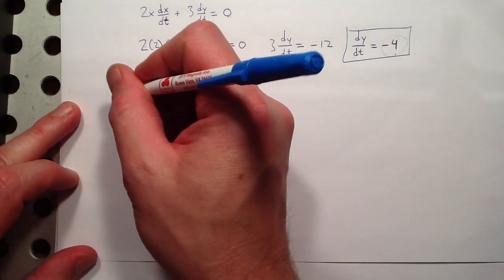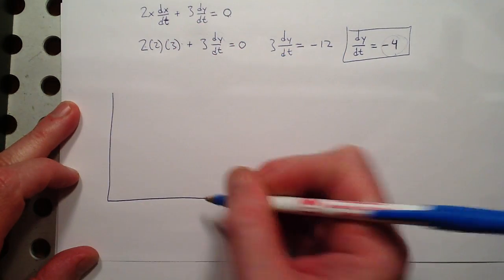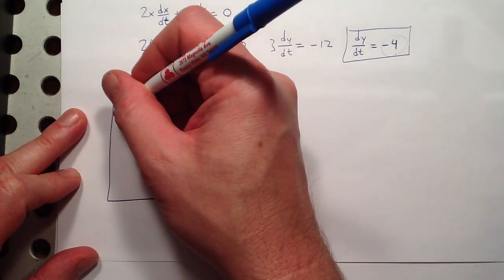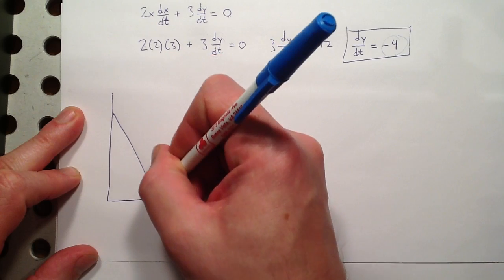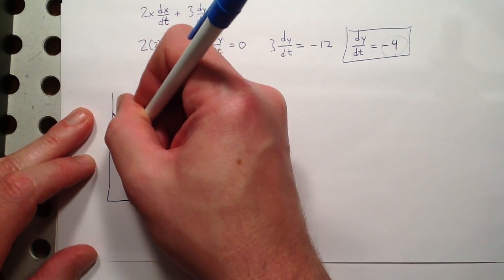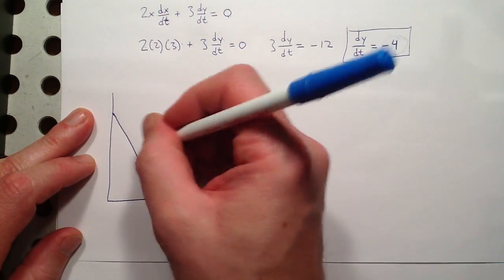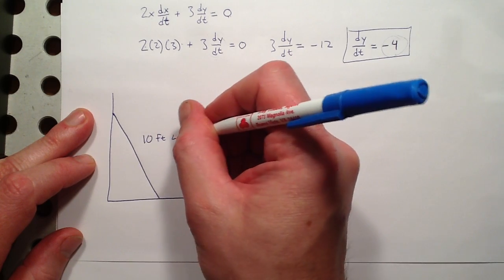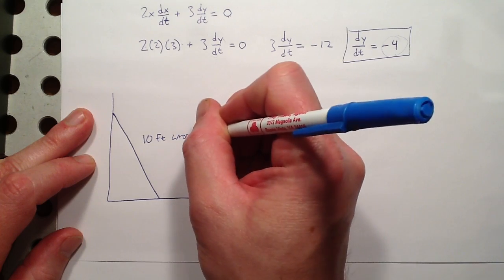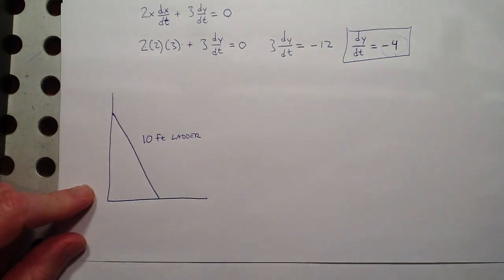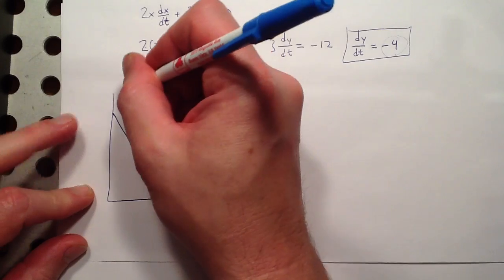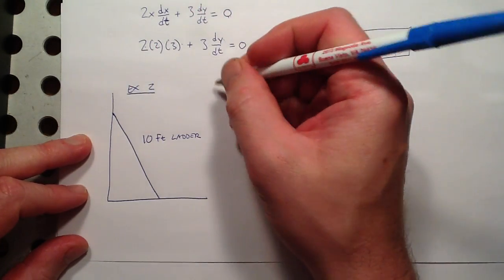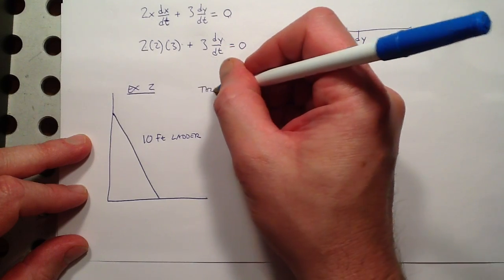So let's say we've got, here's the ground, here's like a house or something like that. We've got a ladder that's leaning up against the side of this house. And let's say the ladder is 10 feet. This is a 10-foot ladder. And let's say, we'll call this example 2. Let's say that the top of the ladder